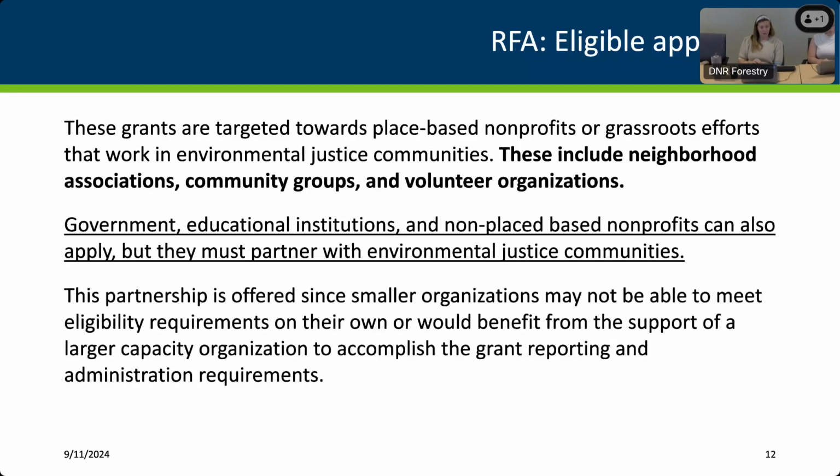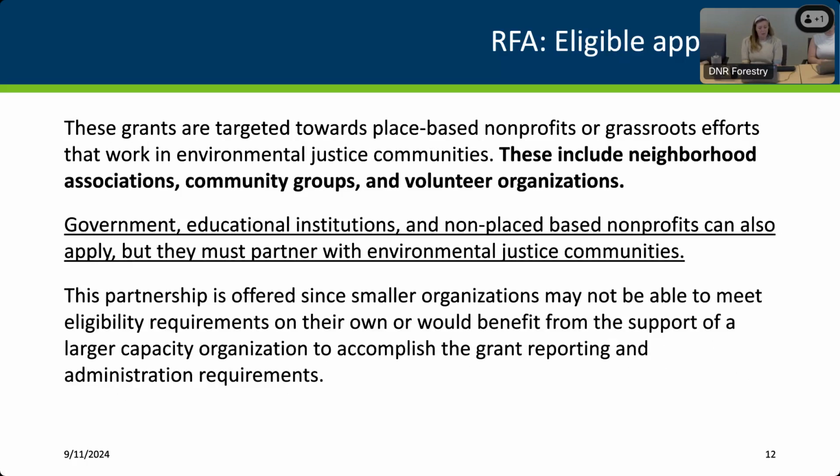Let's talk about who is eligible for this grant. These grants are targeted towards place-based nonprofits or grassroots efforts that work in environmental justice communities. These can include neighborhood associations, community groups, and volunteer organizations. Government and educational institutions and non-place-based nonprofits can also apply, but they have to partner with environmental justice communities.